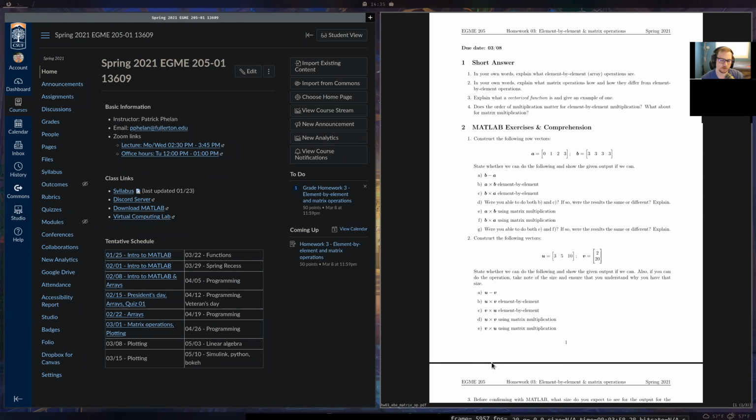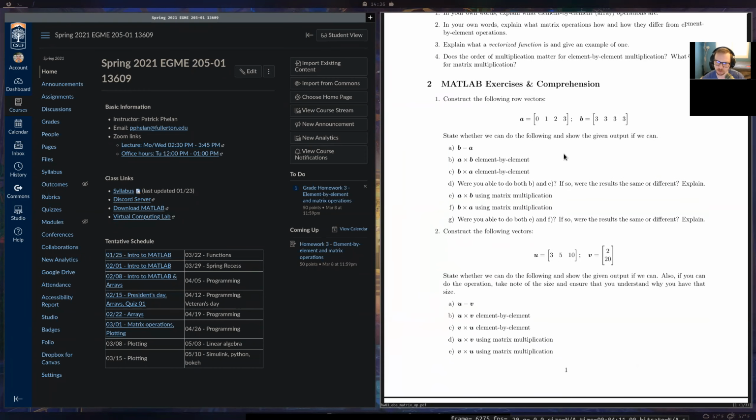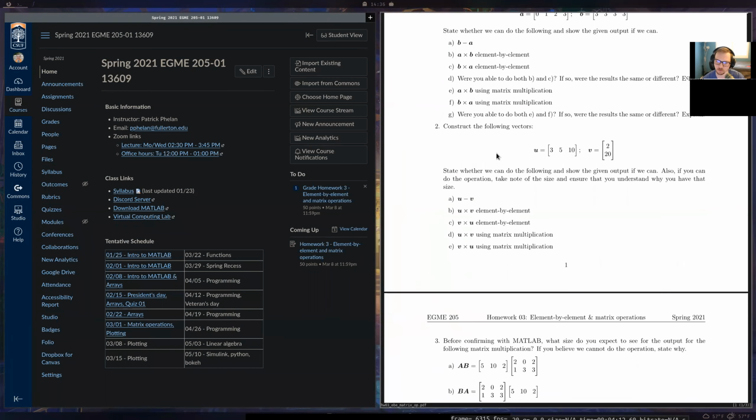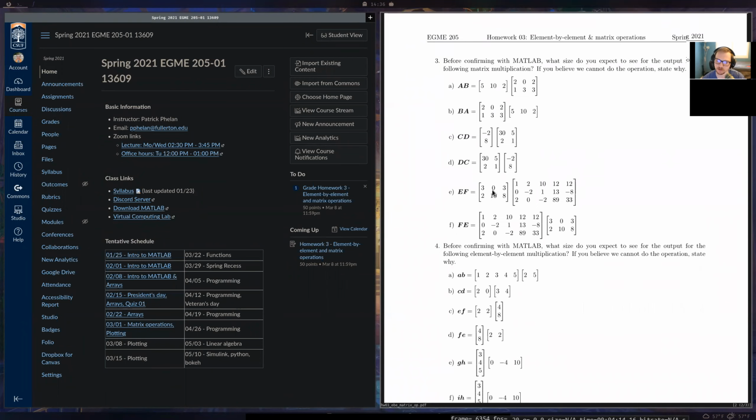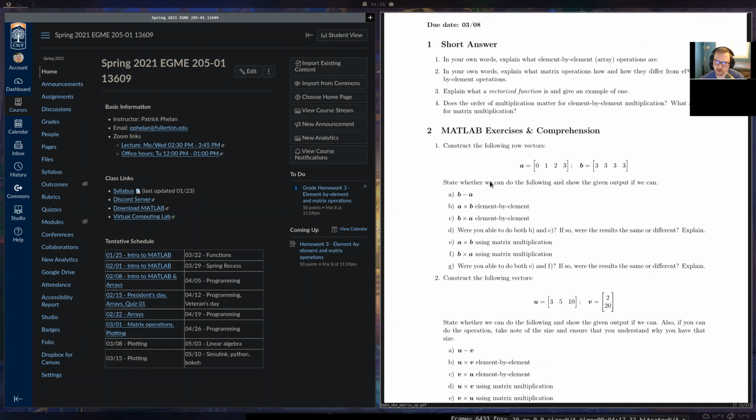Okay, so this is the homework, if you haven't looked at it yet. It's probably going to look a little different than the typical homework. We're going to start out with some short answer. That's not going to be on the quiz, but this is just for the homework. The quiz is going to look more like these questions down here. So the homework, there is quite a lot here. The quiz won't be this long, of course.